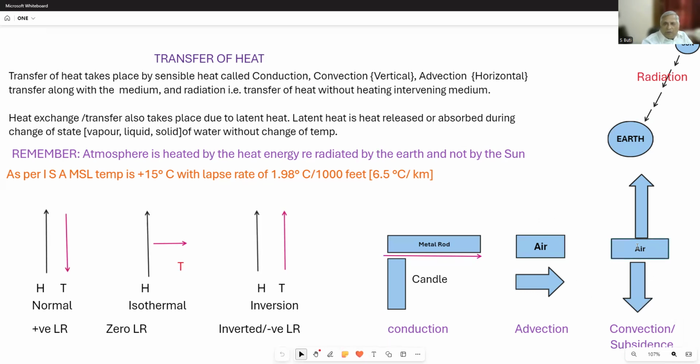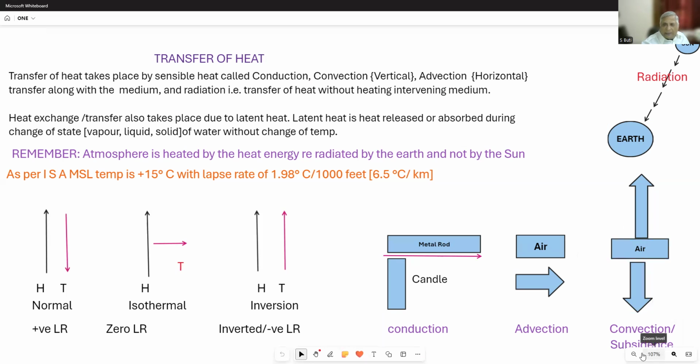Then, when a parcel of air is rising, it carries the heat along with it. Let's say the pressure becomes low. Temperature becomes higher than the neighboring parcels of air, then this parcel of air will rise and carry the heat along with it vertically. The heat carried upward is called convection,